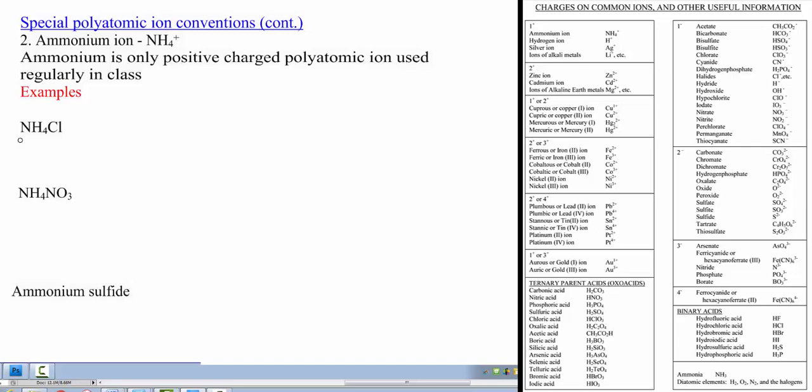Now the nice thing about this is even though these species tend to look nasty, the naming convention is very straightforward. All you have to do is name the cation, that's the positively charged species, and then name the anion, the negatively charged species. So if I look at the compound NH4Cl, within that compound is the species NH4 positive bonded to a Cl negative ion. And when we crisscross those charges, it will give me the formula NH4Cl. So to name the species, all you have to do is name the positively charged species, which in this case is NH4 positive, or ammonium,